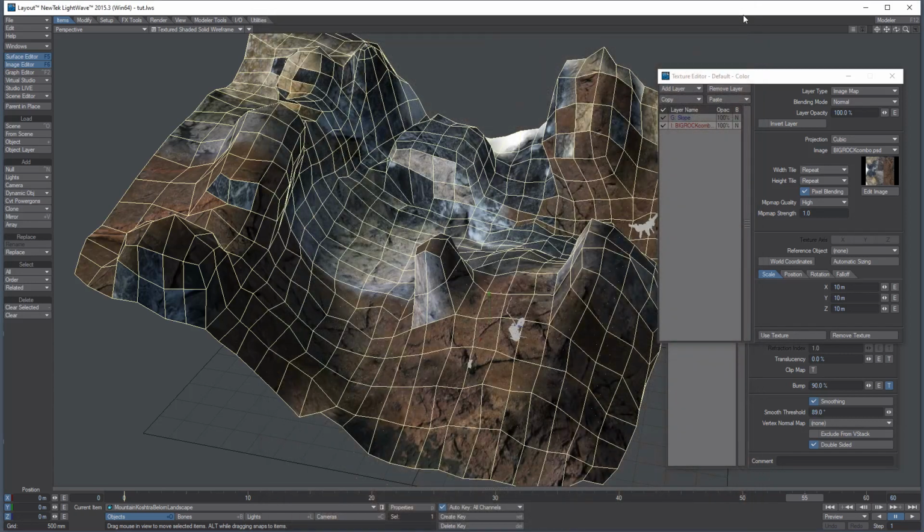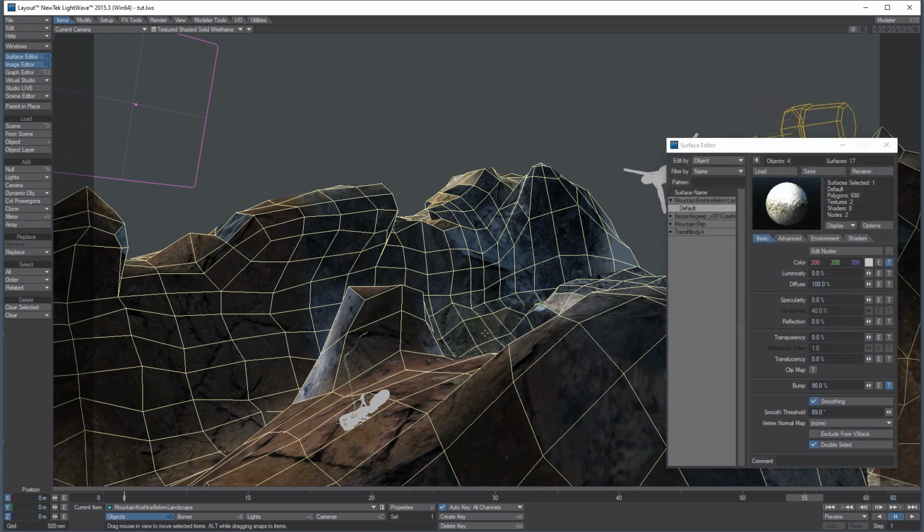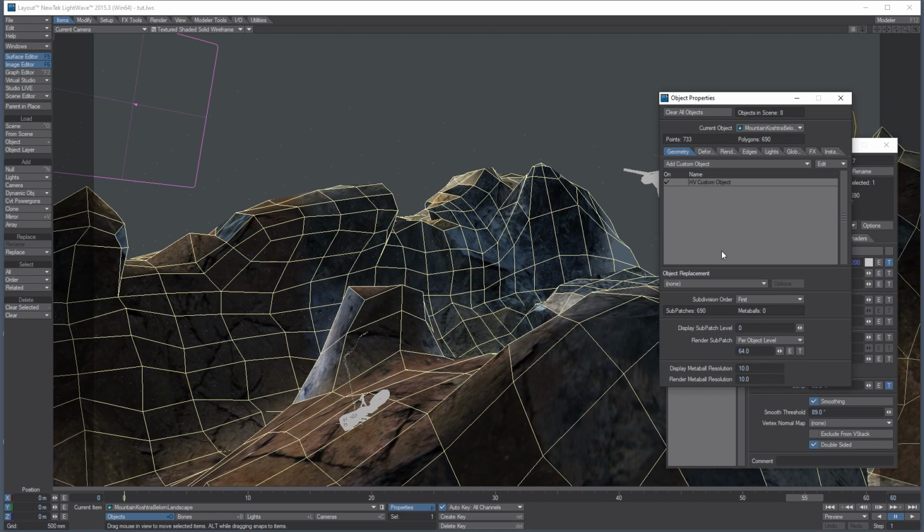Okay, but it works because I added displacement and snow texture, etc. Okay, so let's step forward. Let's see the displacement setup, but I will change the subpatch level to 32,